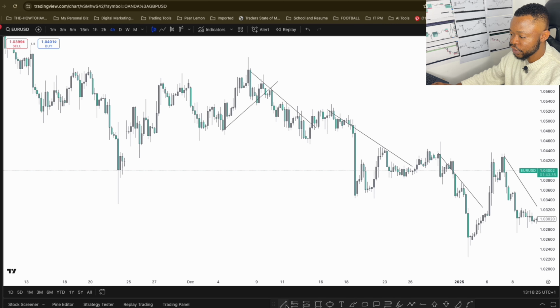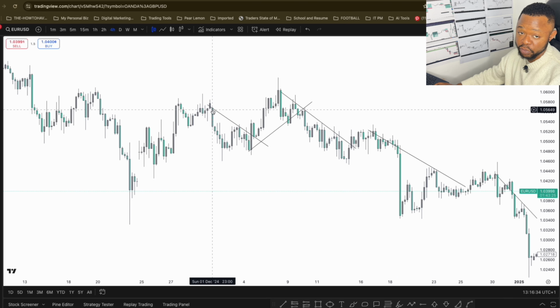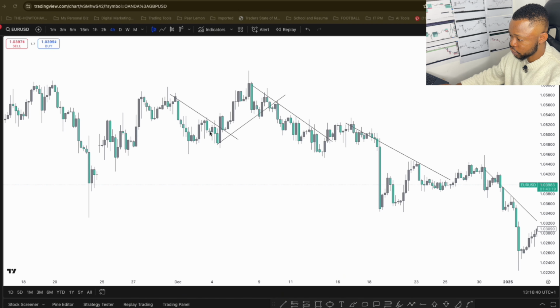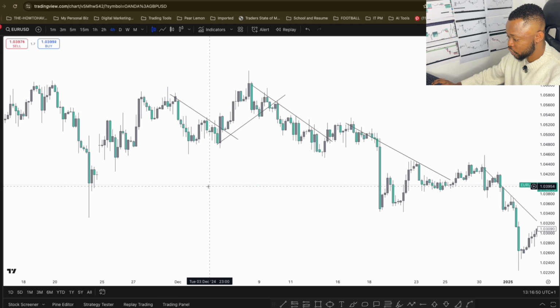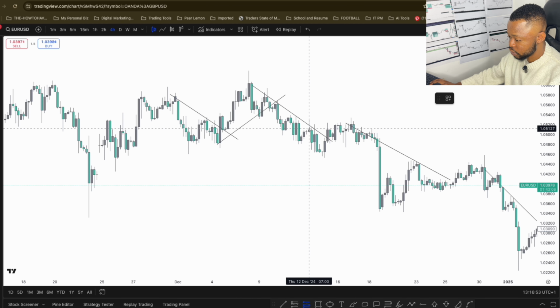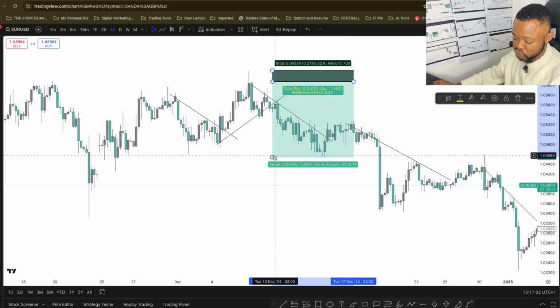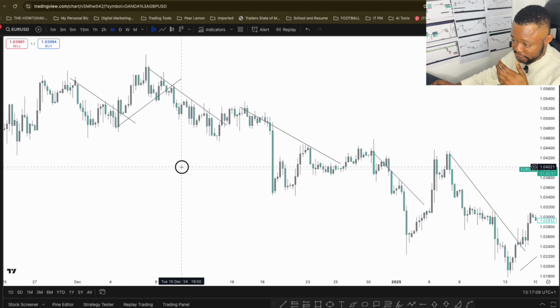So you now have to find a way to navigate your way in the market in terms of knowing what time to buy and sell. I am not a trend trader, but I know trend traders that make banks in the market. So when price gets to this particular point here, they'll just sell and find their way to take TP. When price gets to this area here, they find a way to sell and find profit in the market. So that is the basics of trend trading. All this together encompasses what you need to learn as a beginner trader's guide.